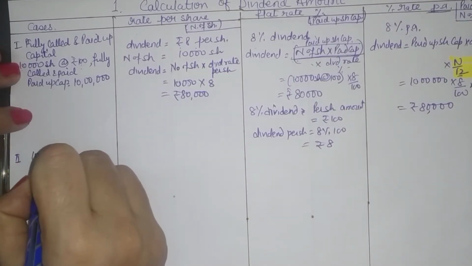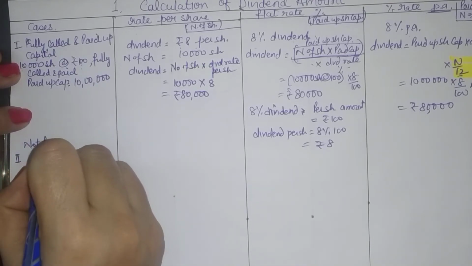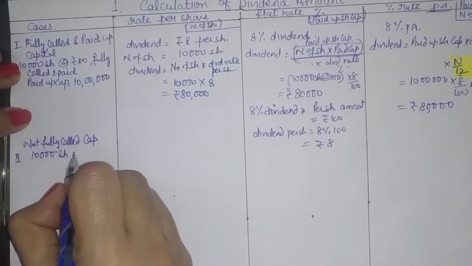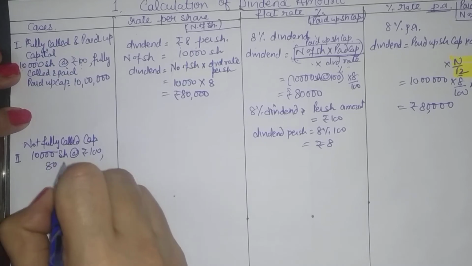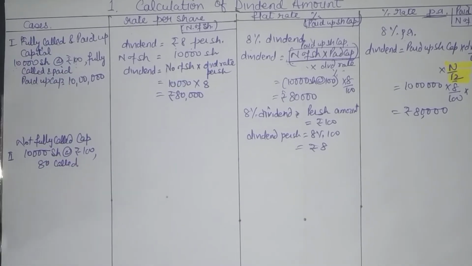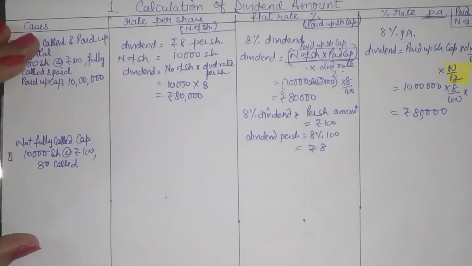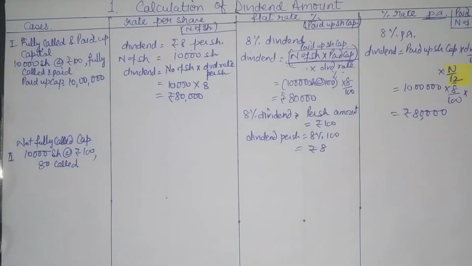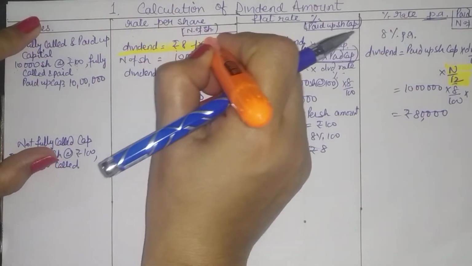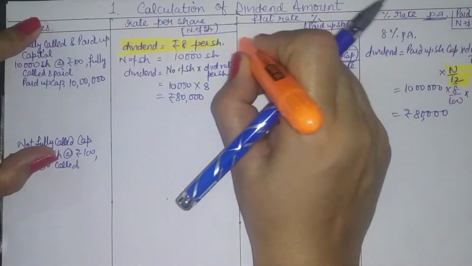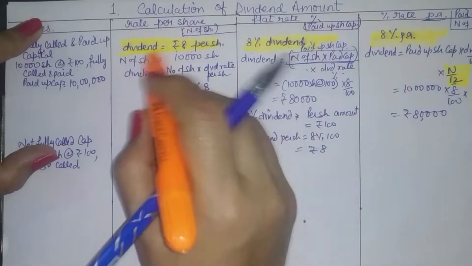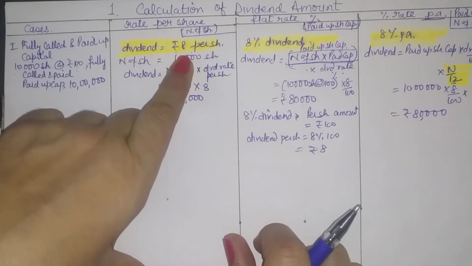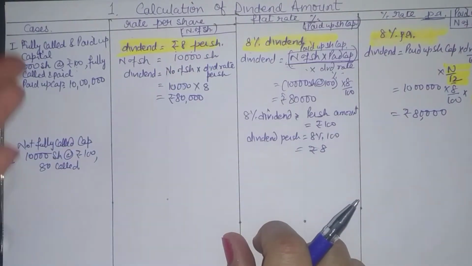Say your share capital is 10,000 shares of rupees 100 each, 80 called. Okay, now out of 100 rupees, 80 rupees have been called. So dividend rate is still being 8 rupees per share. We are taking up the same example. Reason being, we want to understand the method along with the difference in the three type of rates being given in a practical problem. Okay, so dividend rate is still 8 rupees per share, so it doesn't mention whether the share is called or partly called, etc.